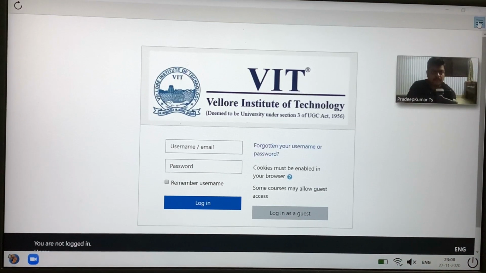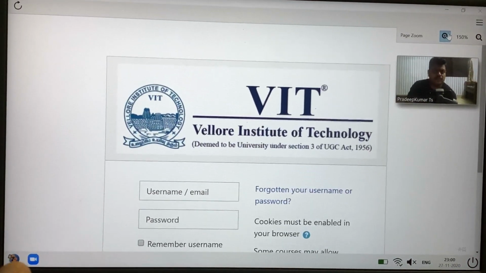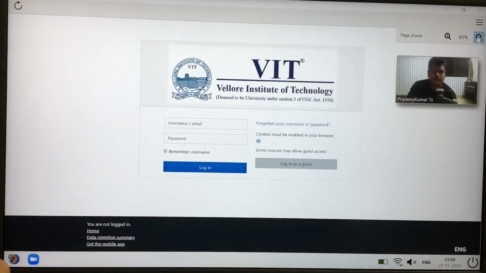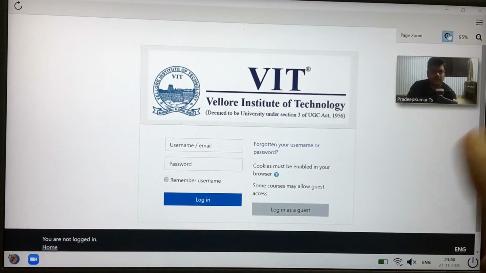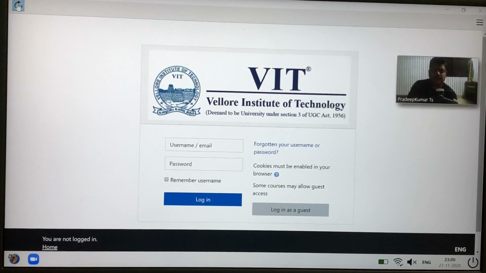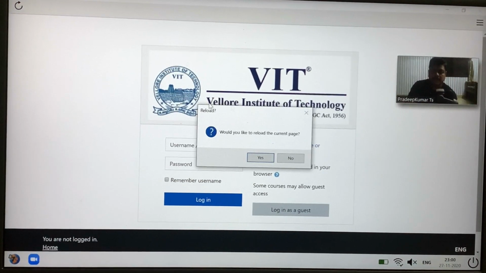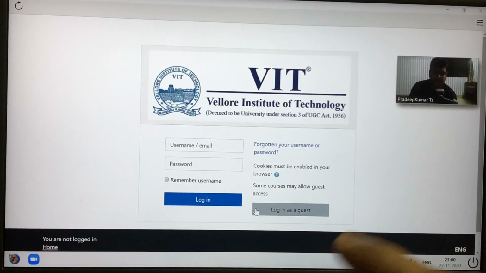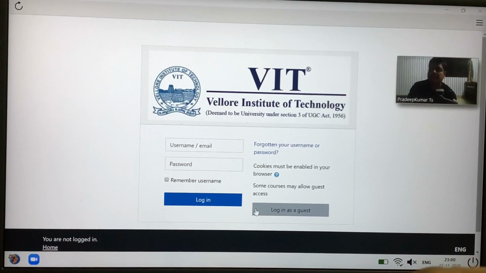In the top left we have the page zoom. In case you want to zoom the page, you can select it here, click it. You can see the page zoom here, and you can zoom in and zoom out, both according to your preference. This option we have already enabled. In the top left we also have the reload button. If you use the reload button, you can reload the current page. If the page becomes unresponsive, they can reload.